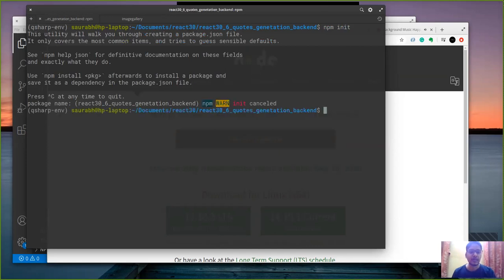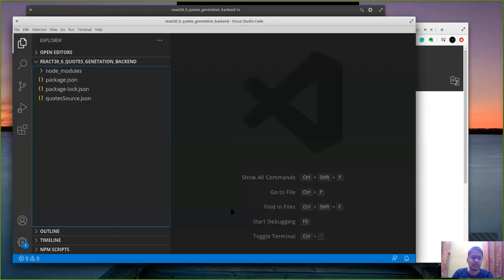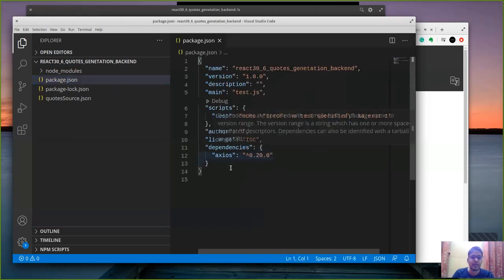Now I've already done that, and once you have the npm init command executed in your folder, you will get a package.json file like this and a package-lock.json. The editor which I'm going to use today is VS Code. You can use the editor which you like, Atom or WebStorm or any other is fine. Whenever we run an npm init command, a package.json file like this is generated. Essentially it contains the name of your repo, the version, description, and the scripts to test the repo.